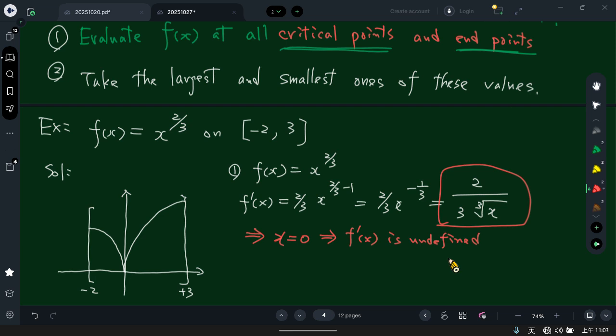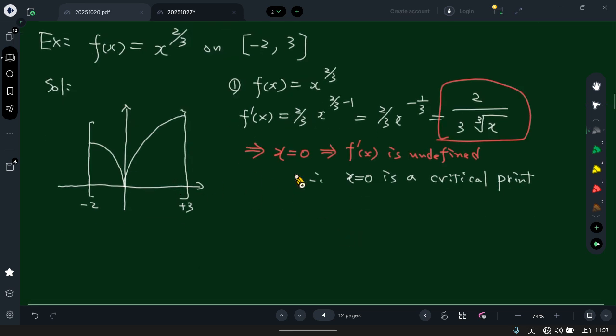Therefore s equal to 0 is a critical point, the only critical point, right? We don't have f prime x equal to 0. We just have f prime x undefined. Of course, a function possibly has many points where a critical point happens. However, in this case, we just have 0 only. Okay. Then besides, we have two endpoints